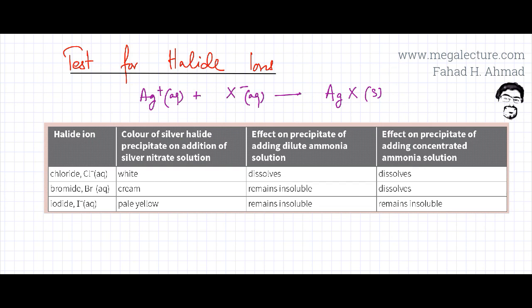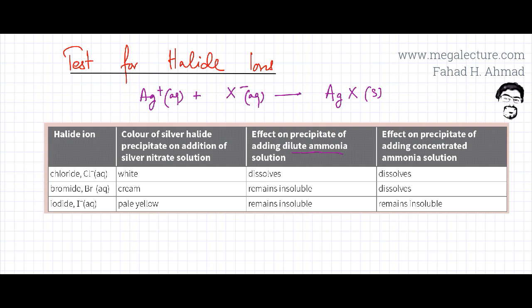And the precipitate is going to have different colors. So if it's Cl-1, the precipitate is going to have white color. If it's Br-1, the precipitate is going to be cream colored. And if it's I-1, it's going to be pale yellow or yellow colored. And another part of the test is that you try to dissolve the precipitate in ammonia. Now, Cl-1 or AgCl precipitate dissolves in ammonia, in dilute ammonia as well as in concentrated